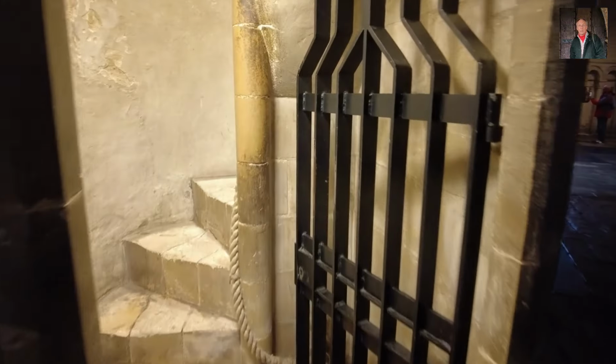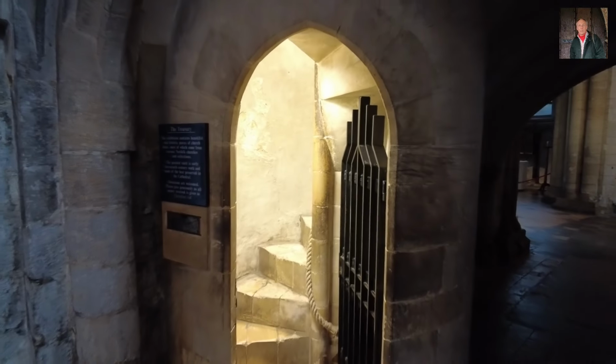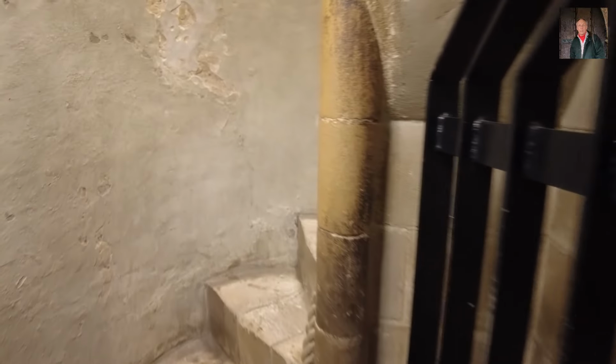I want to take you up this stairway. When I first come back, I'll show you where we're going. It's very, very narrow. The stairs are very narrow. And it's called the Treasury. And if we are very, very careful, we can get up to the top of this treasury, because it's really worth coming up here to have a look,